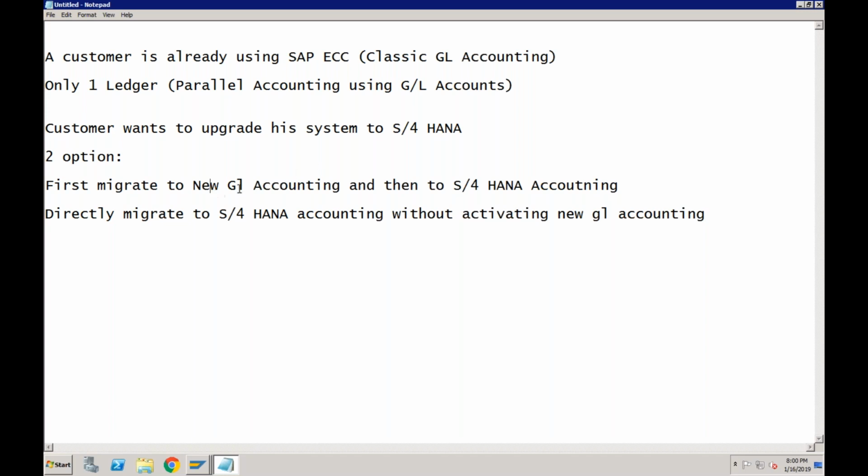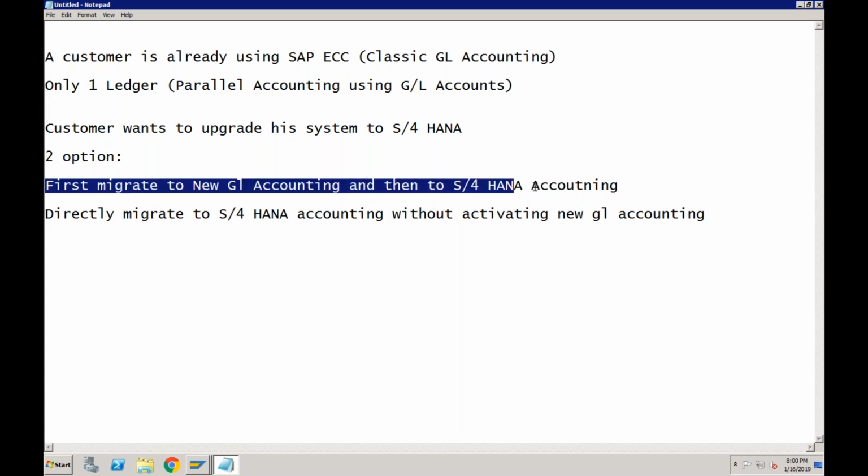If the customer migrates to new GL accounting first, he will introduce more ledgers. So he will go away from parallel accounting using GL accounts and will be using parallel ledgers, and then move to SAP S/4HANA. If he follows the first option, which is the recommended option, the customer would be able to use parallel ledgers instead of parallel GL accounts, which was the old functionality.